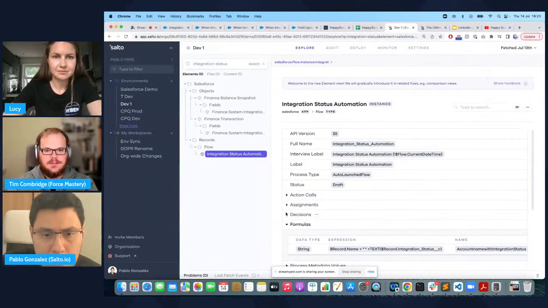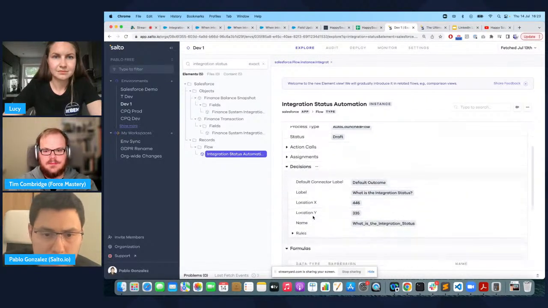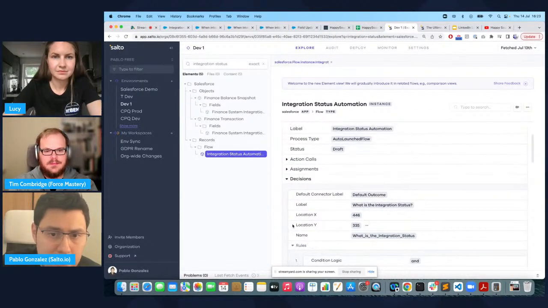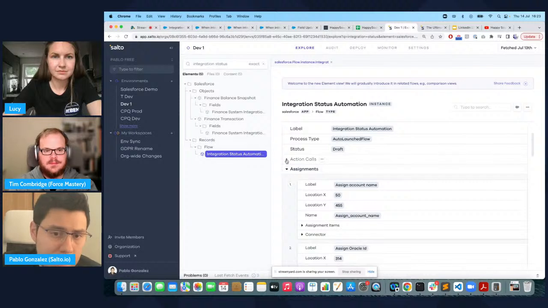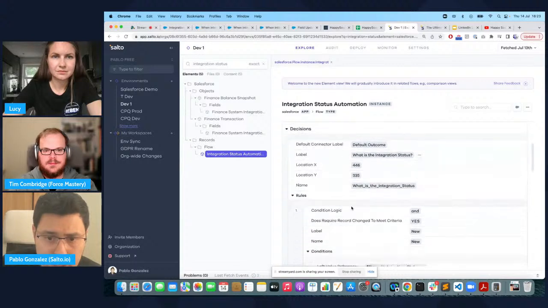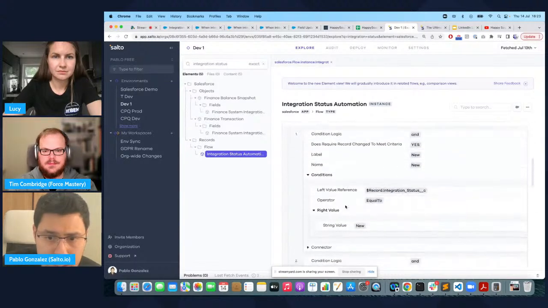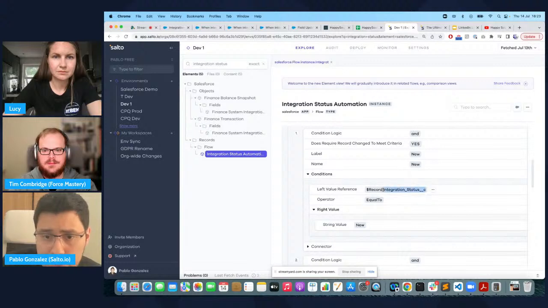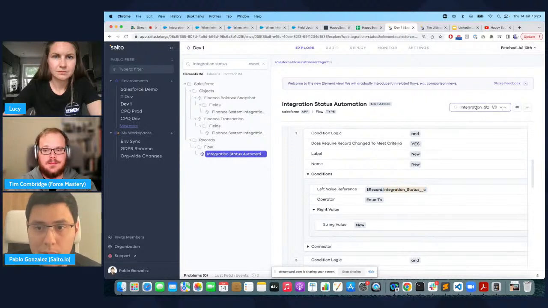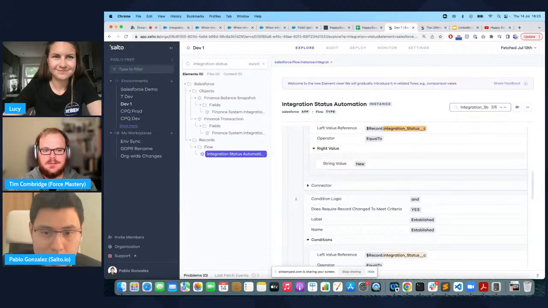So I can see, for example, all the decisions of my flow and all the rules. I can see all the assignments, any action calls for any subflows. So now what I can do, for example, is go back to this integration status here. Let's say that I want to see where this field is being used across the flow, something that is not possible in the Salesforce UI. So I'm just going to copy this, drop it into the search here,